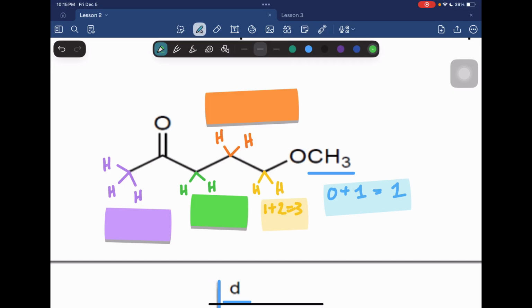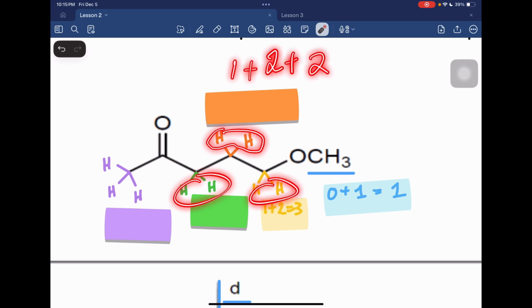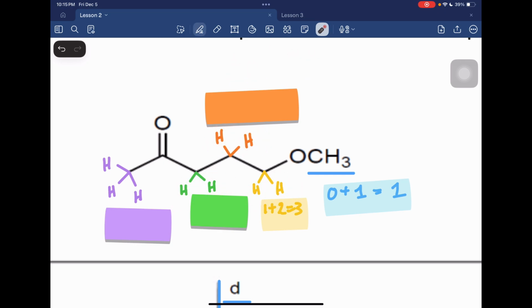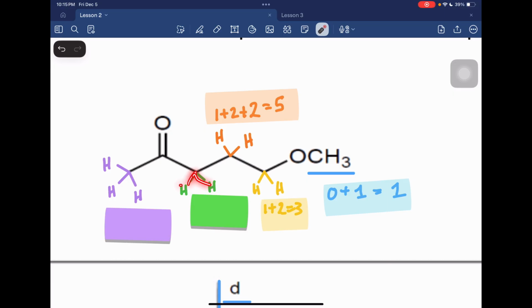Okay, not the same thing for the orange. This is going to be the 1, so 1 plus 2 neighbors plus 2 neighbors. Okay, so that's what, 5? Yeah, 5. Next is we're going to calculate this one, okay? So these are the same, so we count it as 1, so it's going to be 1 plus its 2 neighbors. And again, this is just a carbon with no hydrogens attached, so it's just going to be 3, a